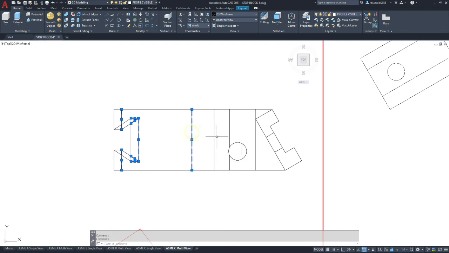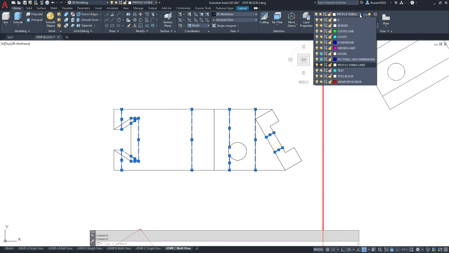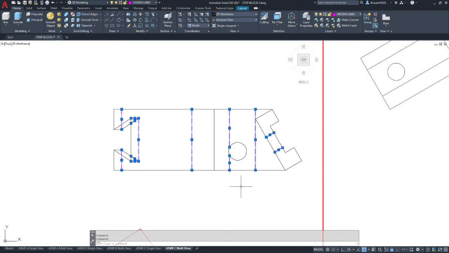This first line's hidden, that one's solid, this line's hidden, and the other side of this slot is hidden, and so is our bore. So those are all going to move to the hidden lines layer.